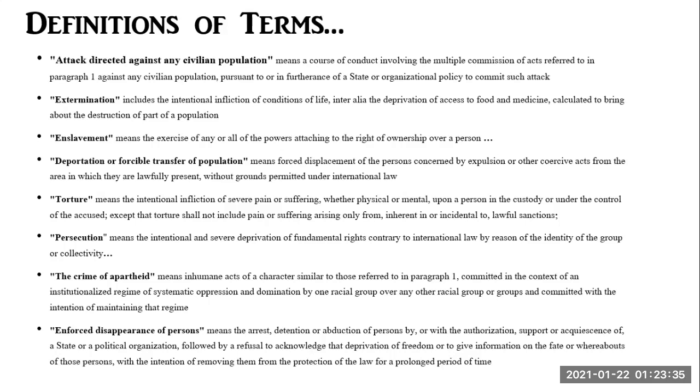Enforced disappearance of persons is included here. This means the arrest, detention, or abduction of persons by or with the authorization, support, or acquiescence of a state or political organization, followed by a refusal to acknowledge that deprivation of freedom or to give information on the fate or whereabouts of those persons, with the intention of removing them from the protection of the law for a prolonged